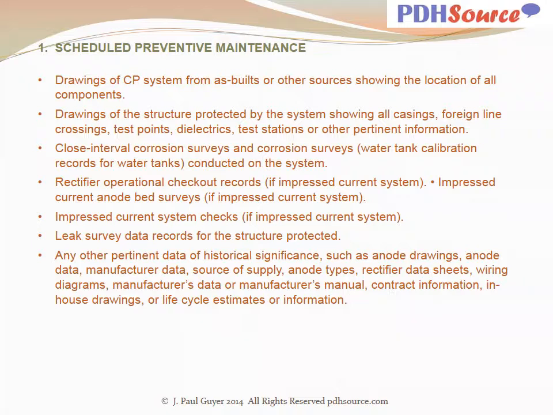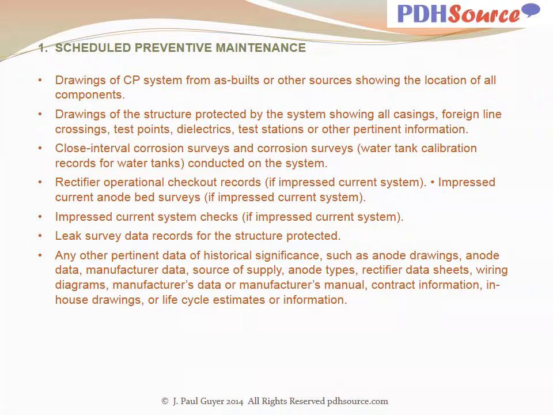showing all casings, foreign line crossings, test points, dielectrics, test stations, or other pertinent information; close interval corrosion surveys and corrosion surveys; water tank calibration records for water tanks conducted on the system; rectifier operational checkout records if an impressed current system is involved; impressed current anode bed surveys if an impressed current system is the one being investigated; impressed current system checks if an impressed current system is being investigated; and leak survey data records for